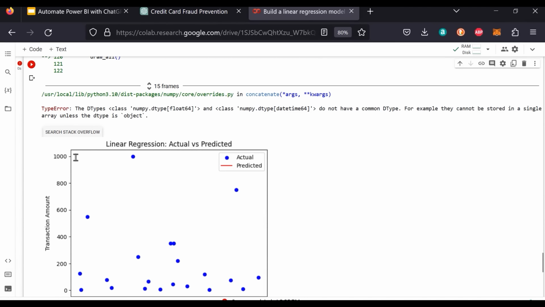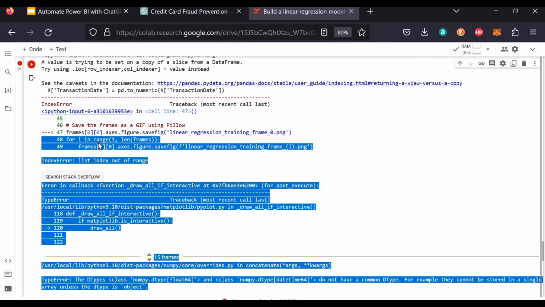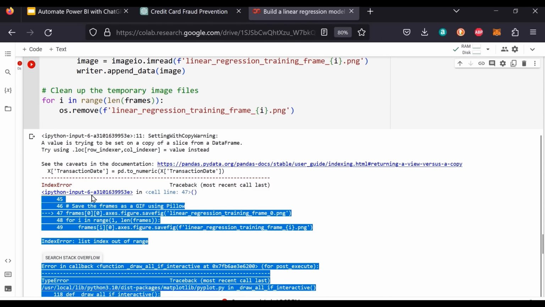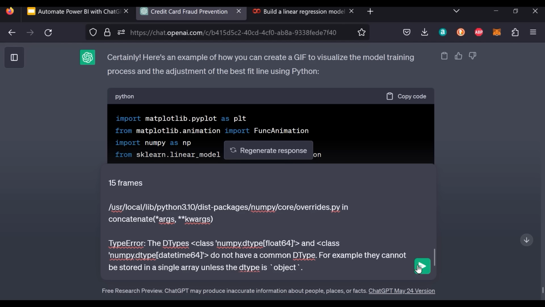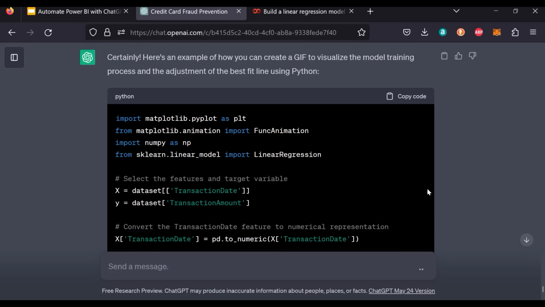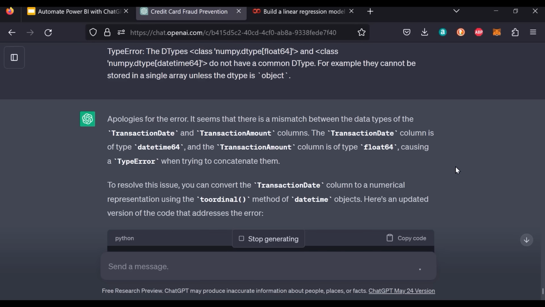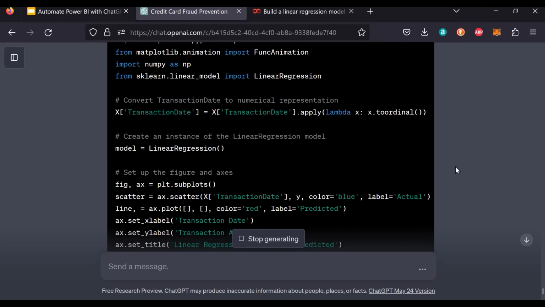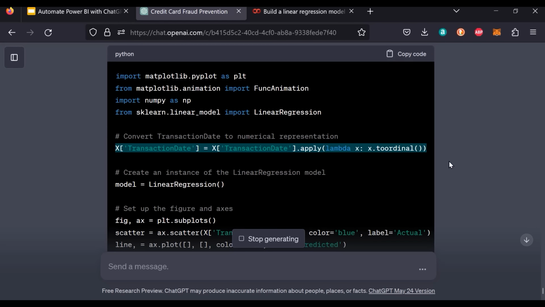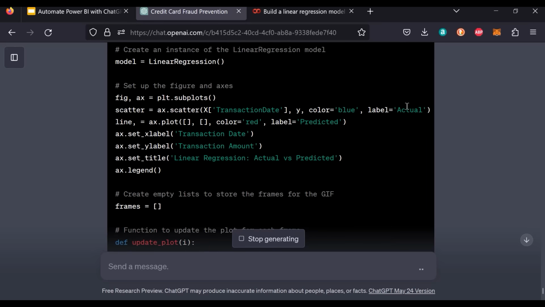Okay, here we're just going to get a type error about the date time. So let me copy that, and also we get an index error. So let me just copy all that to ChatGPT for debugging. Looks like there's a mismatch between transaction date and transaction amount, so we have to make sure we convert that to ordinal,